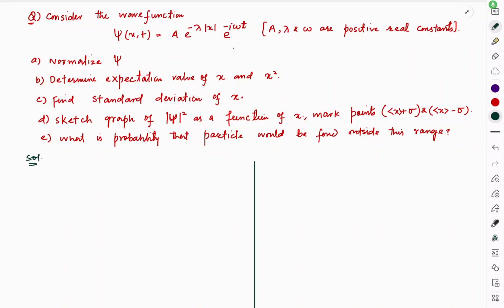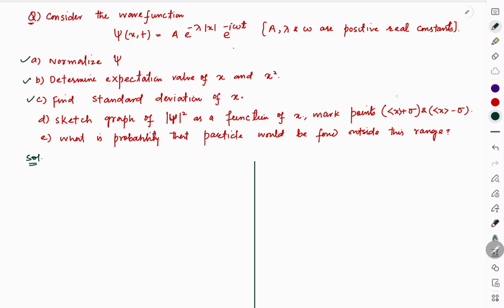Everyone, let's try to solve this quantum mechanics problem where we have been given a wave function ψ(x,t) = A e^(−λ|x|) e^(−iωt), where A, λ, and ω are some positive real constants. Now we need to normalize this wave function, and we have to determine the expectation value of x and x square. We have to find the standard deviation of x and then sketch the graph of |ψ|²